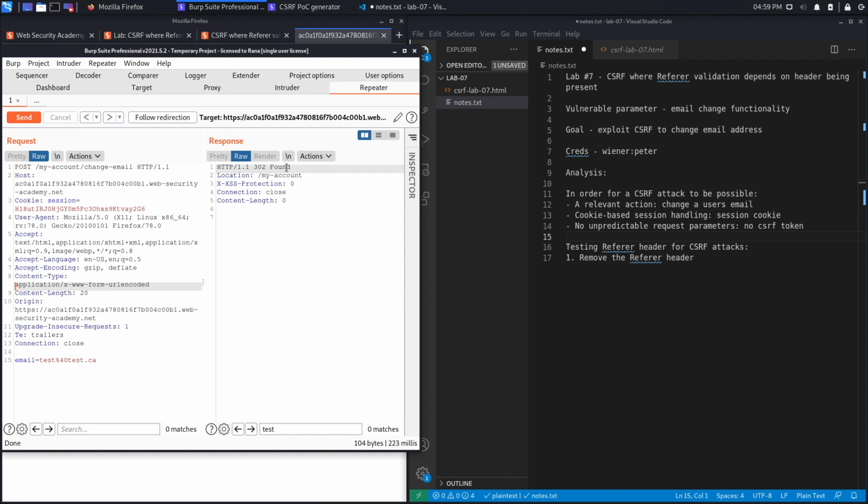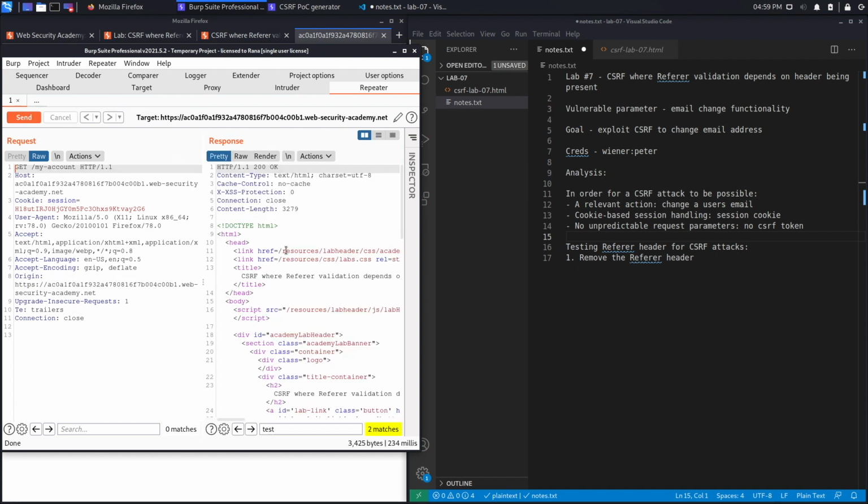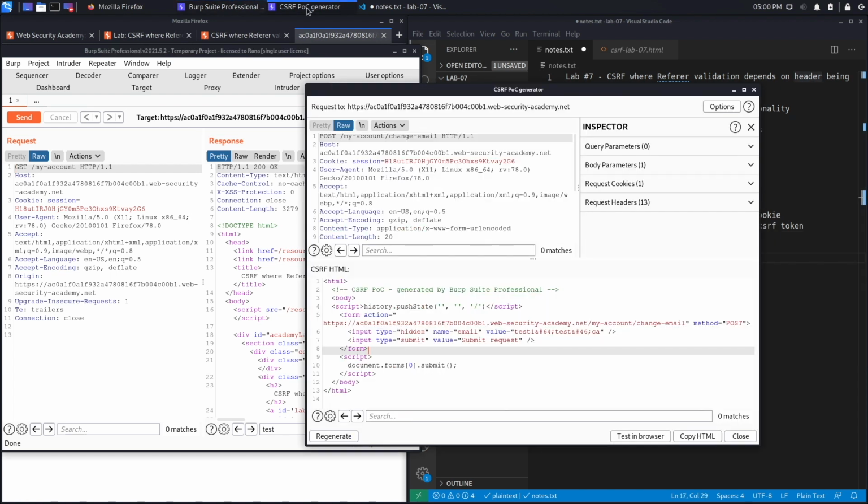And here we go. I get a 302 response. I follow redirection. I get a 200 OK response telling me that the email was changed. So this is definitely vulnerable to CSRF because the referrer defense mechanism that they have, so checking the referrer header, is not properly implemented. And so we need to fix our POC in order to no longer send the referrer